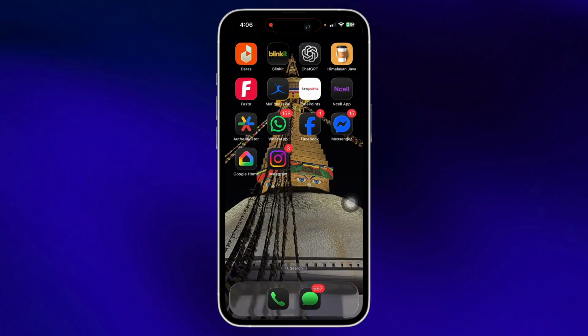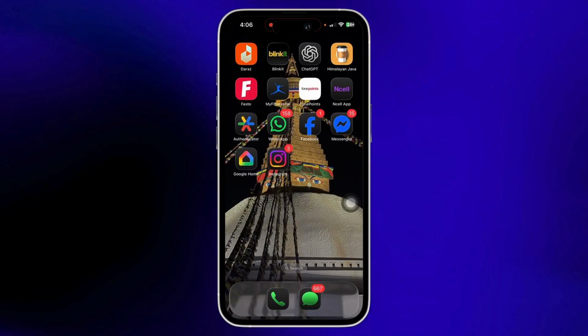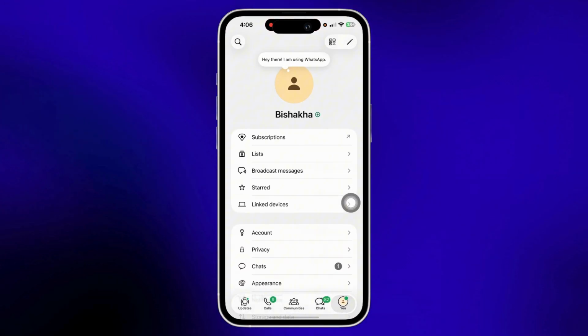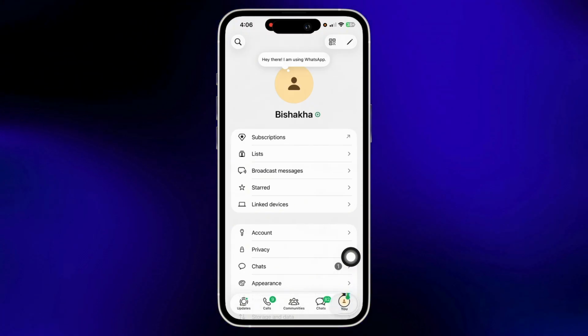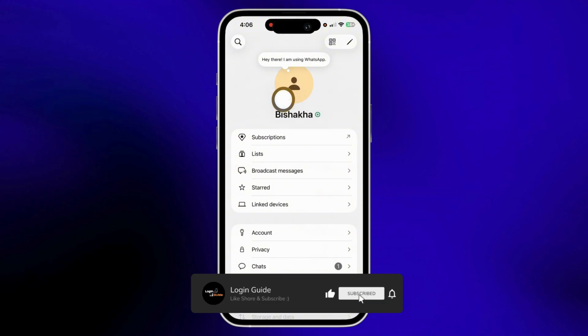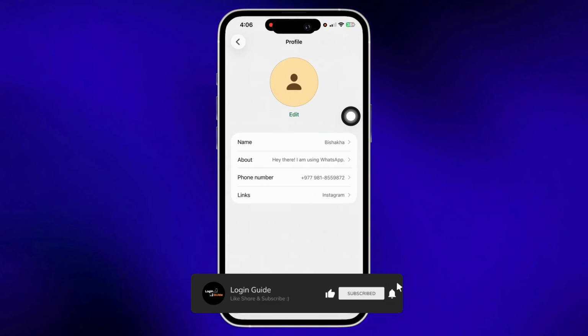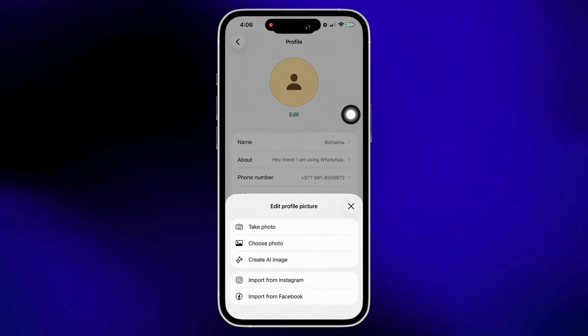Now let's get right into the tutorial. Firstly, go ahead and open the WhatsApp application on your device and now tap on the You option on the bottom right of your screen. Here you will see your profile icon on top of your screen. Simply tap on it and then tap on the edit option you see there,